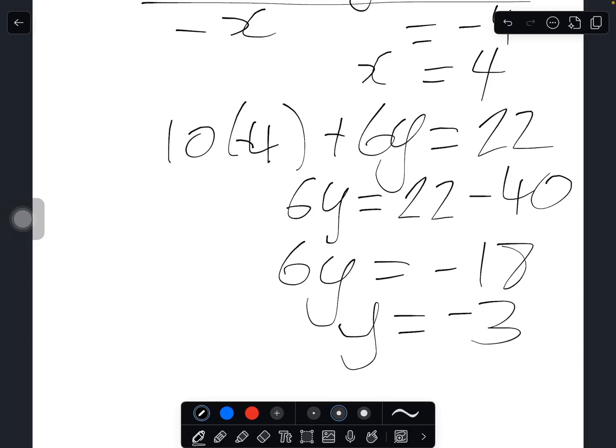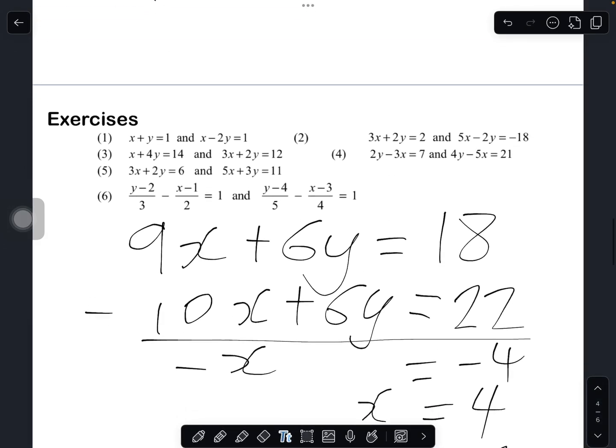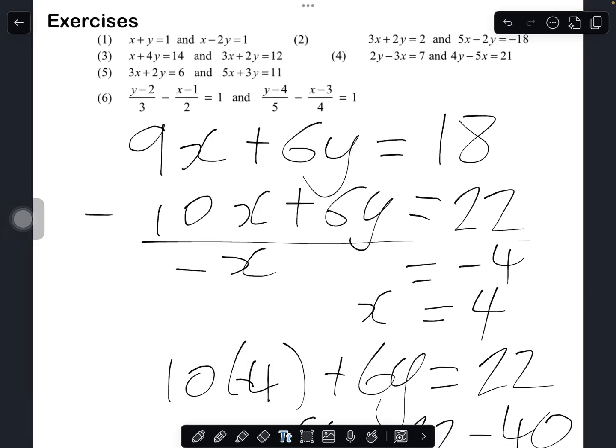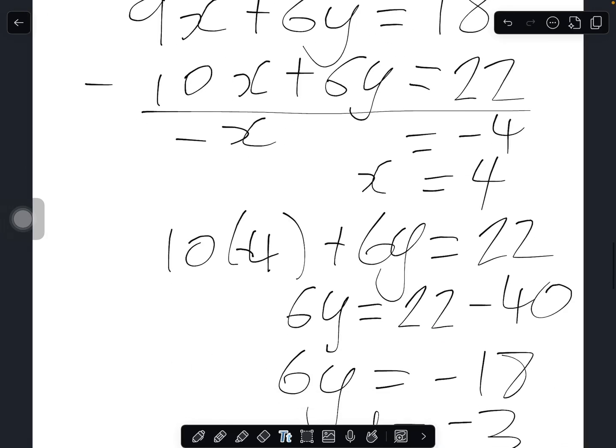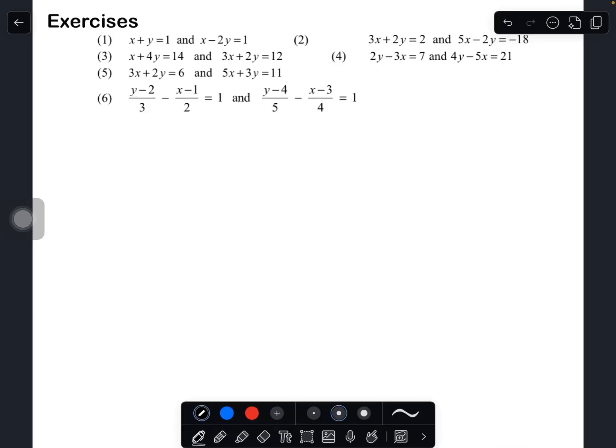Time to move to the final one. I'm sure you guys have looked at it, been reading it. It's scary, has fractions everywhere, but we can do it. On number 6, as I said, some of you guys might get scared looking at something like this, but